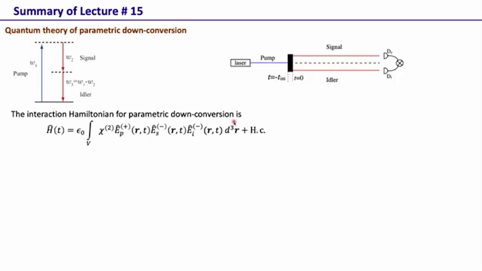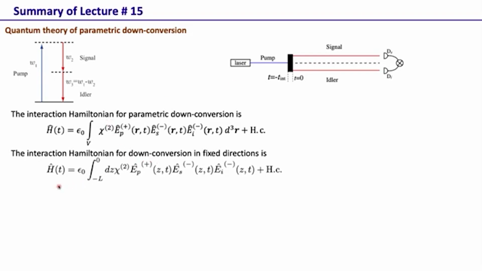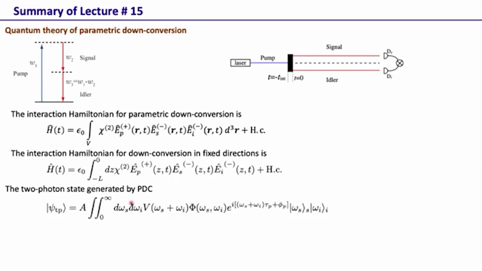Then we looked at the process in which the directions of the down converted photons were fixed. If we fix these directions, then the interaction Hamiltonian is given by this one-dimensional integral instead of this three-dimensional integral. In general it would be a three-dimensional integral, but if we constrain the direction of signal and idler to be in the z direction, then that's the Hamiltonian applicable for the process. So this is just dz chi 2 EP plus zt ES minus and EI minus. Using this Hamiltonian, we derived the two photon state that is produced by parametric